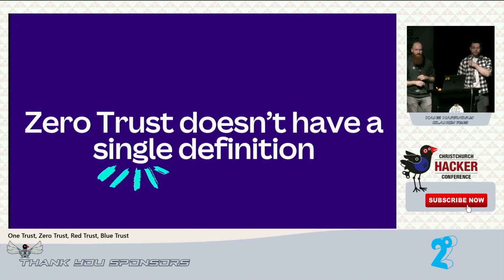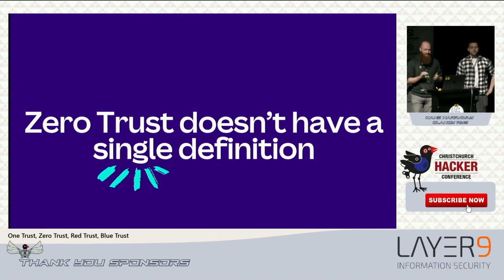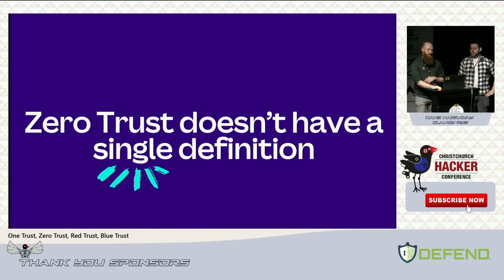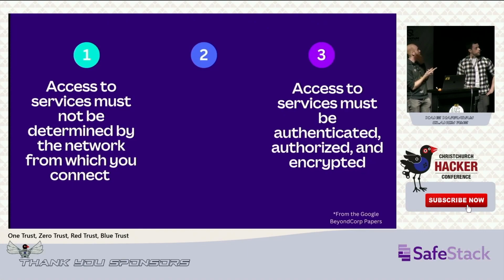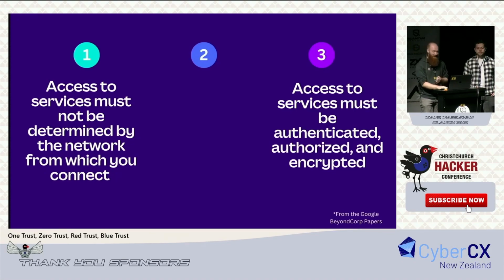Now, one of the problems you will get when speaking to vendors especially, but generally people, is that people have different understandings of what Zero Trust is, and there's not really a single definition. So the example I will be using here is Google's, and there's 3 points. And these two are actually quite easy to summarize. The first one is try and push everything up to the application layer. And the second is use access control, things we should be doing anyway, generally in terms of security.